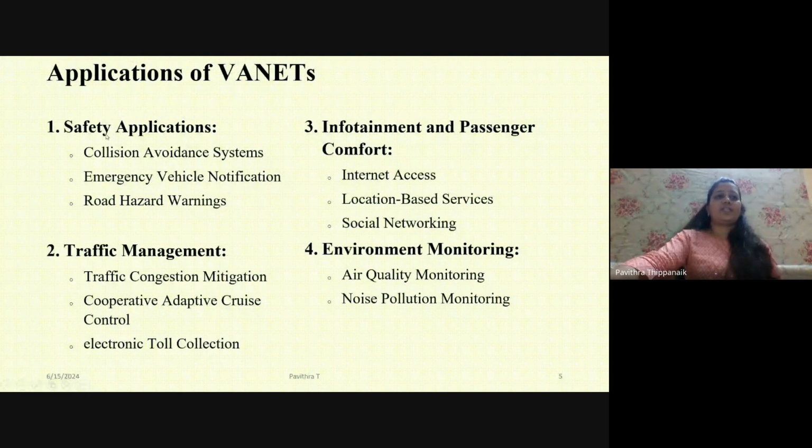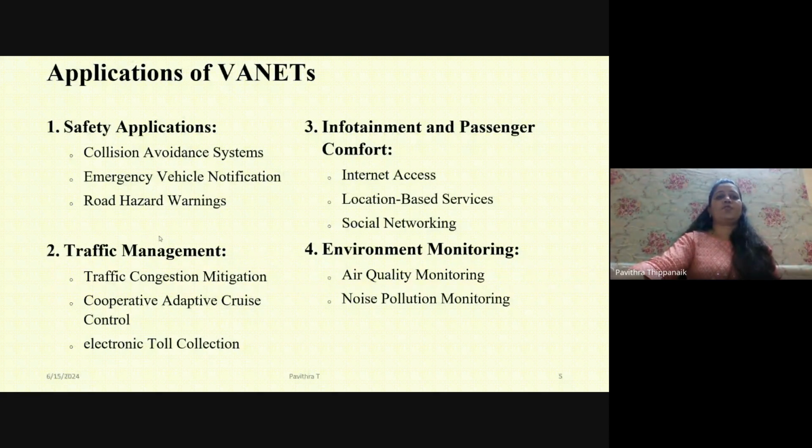Apart from safety applications, it is also helpful for traffic management. So how is it helpful for traffic management? If your RSU gets to know the density of vehicles in a particular area, or that there is a congestion of traffic in this particular area, it can transmit that information to another RSU, and it can send or broadcast the information to all the vehicles that are connected to the second RSU, stating that there is